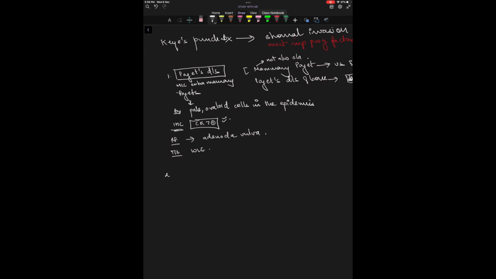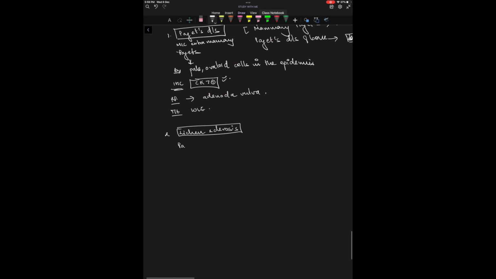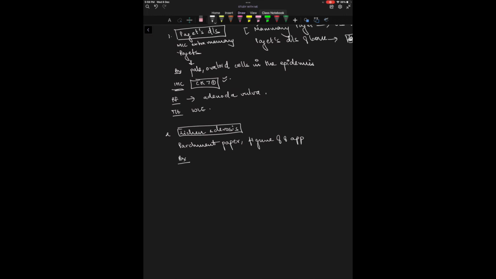The second pre-malignant condition is Lichen Sclerosus, and this is very important, as important as condyloma acuminata. Here what you will see is a parchment paper appearance. Okay, the vulva appears very thin, wrinkly, and there will be a figure of 8 appearance. On doing biopsy, we will see thinned out epidermis with